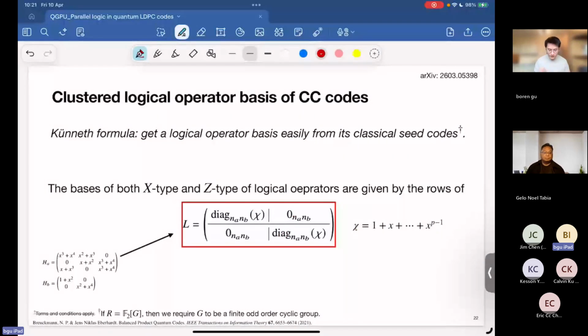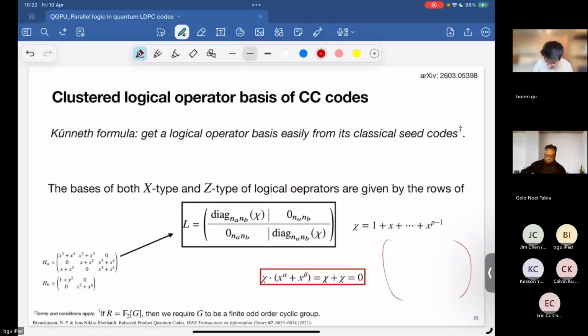Yes, okay, so we now come to the question that Jello asked. Why do we have those constraints? The reason is, if we have those constraints, then we are able to restrict the logical operator basis to take such a form, which is that we have a matrix and it is diagonal and chi